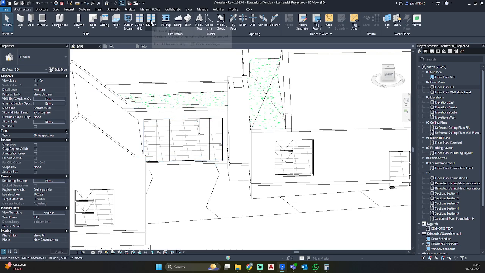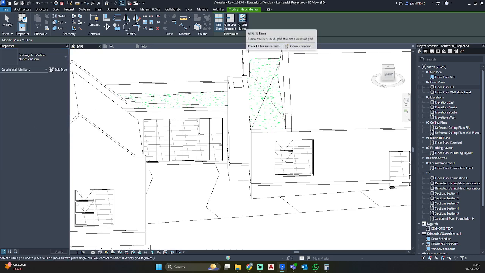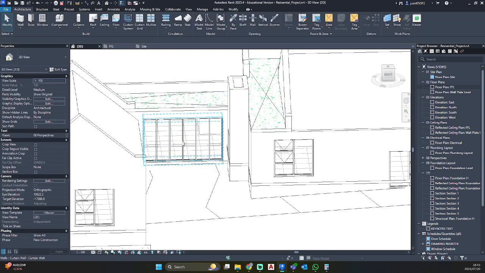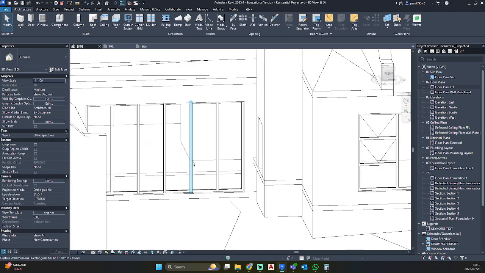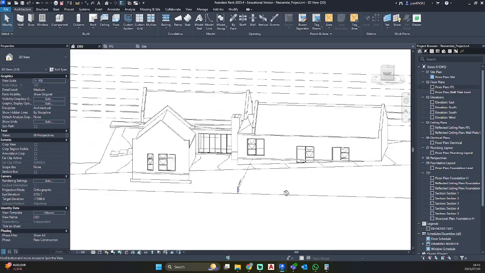Then we can go to our mullion next to curtain grid, click on that, and you'll see Revit giving you some standard mullions. You want to go with a rectangle. I'm going to use the 50mm by 65mm and choose all grid lines and just select your curtain wall and just click on it, and then Revit will auto generate all of those curtain wall panels.